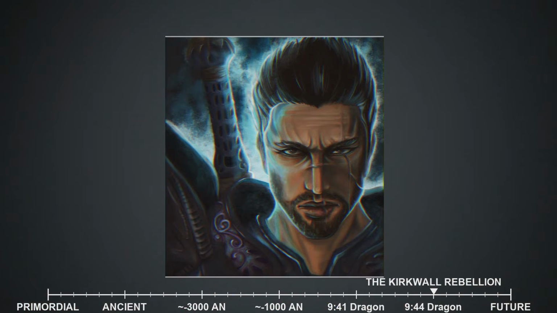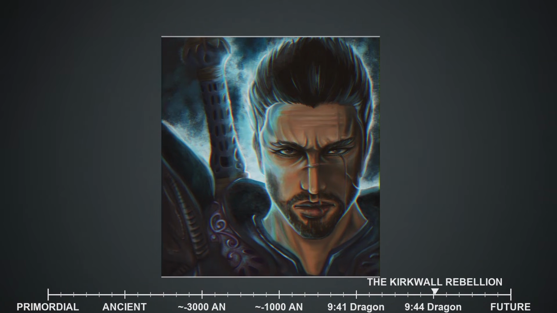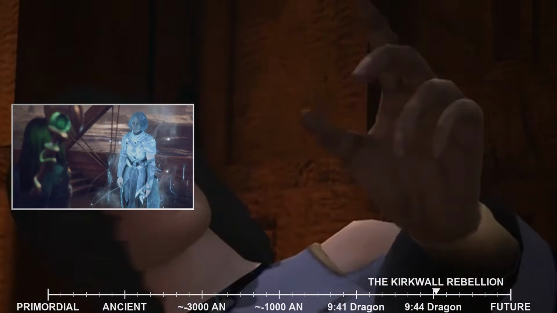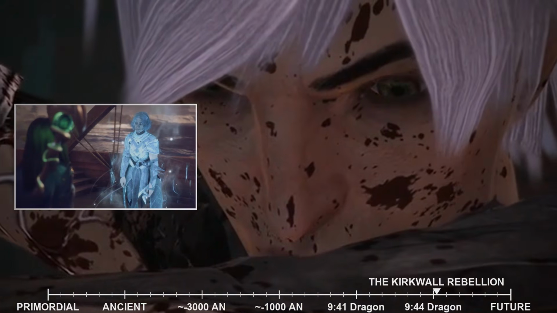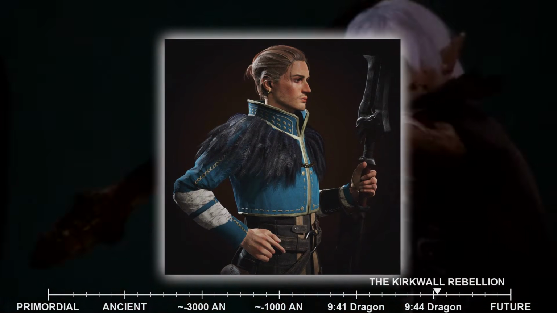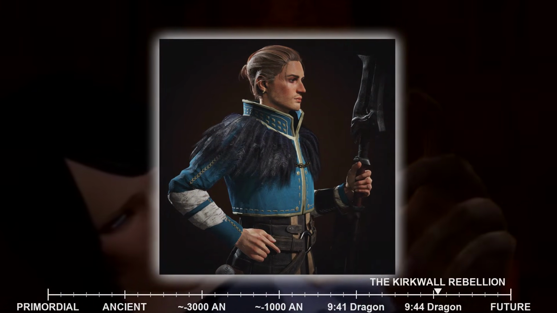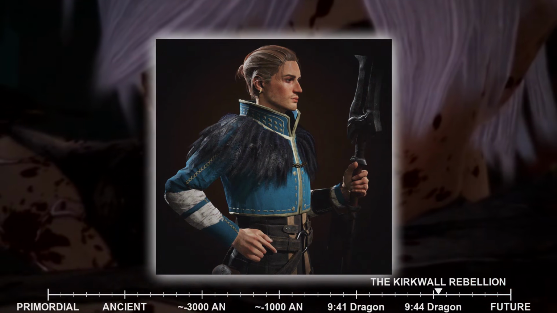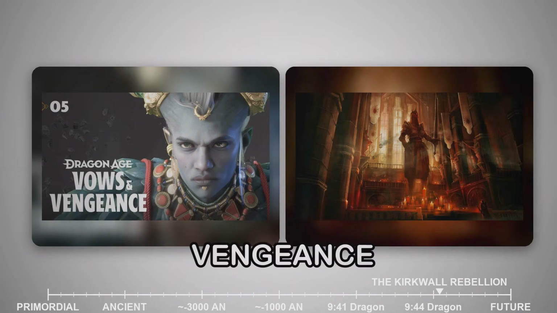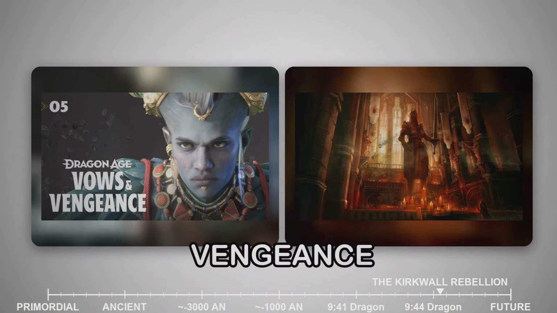The escalating tensions reached their horrific climax due to the actions of Anders, a former Grey Warden and a powerful mage. Anders was possessed by a spirit of justice, a benevolent entity that had merged with him during his time as a Warden. However, over time, the spirit of justice became corrupted by Anders' own bitterness, anger, and desire for vengeance against the Templars and the Chantry's oppressive system. This corrupted entity transformed into a spirit of vengeance, its benevolent intentions twisted into a burning desire for retribution.